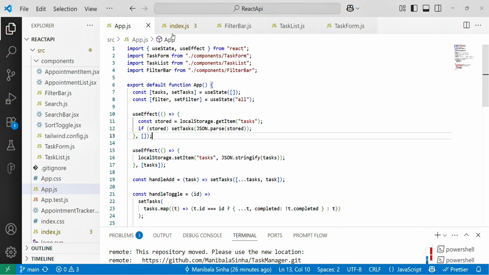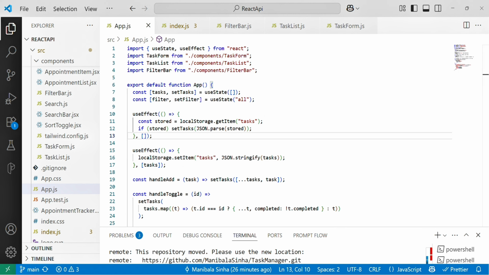I have imported other files. So task form handles adding new task. That's why I have created the task form, and task list will display all the tasks, and filter bar lets the user filter tasks by status, whether it is completed or not completed.